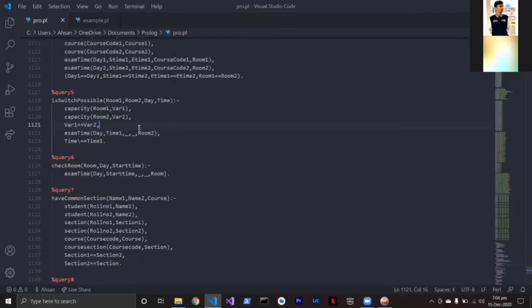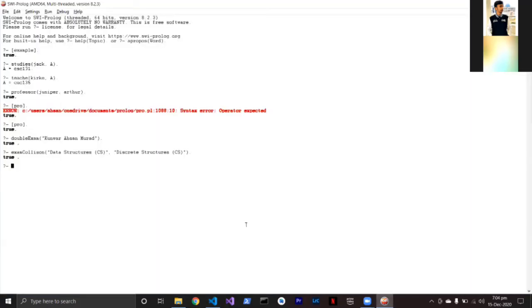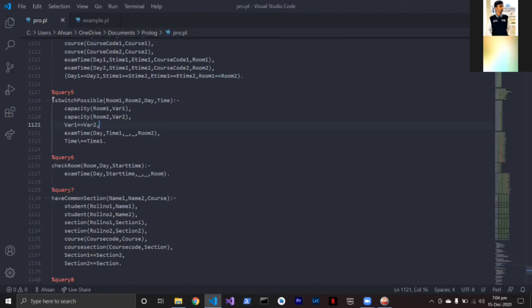Where one and where two actually contain the capacity of those rooms. After that, from the room and the day, and the room we are switching into, we get to know the time. If the time is not equal to the time we get from the exam time, then the switch would be possible. If we run this example, we can just copy the name of the query,